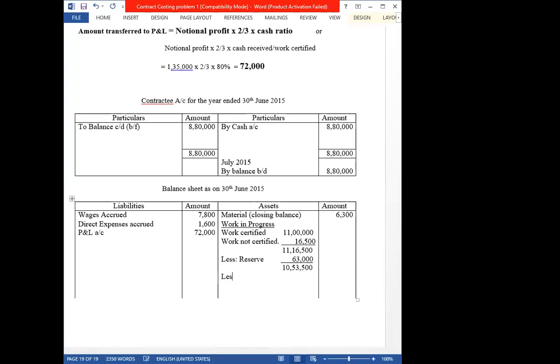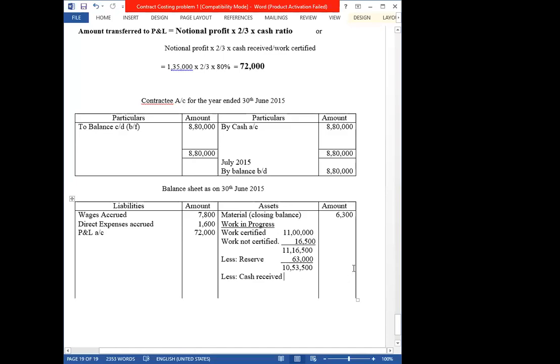No. Okay. Next, you are going to deduct the cash received. Why are we doing all these things? Because the work certified and work not certified all include the profit. But whenever you are showing the closing balance in the balance sheet, you have to show only the cost price. That's why you are deducting the reserve, the profit. Instead, you have shown it on the liability side. Both will have the same effect. And also, against this work in progress, you have received some cash. So that cash also you are going to subtract. Only the remainder you can show as the closing balance of work in progress in the outer column.